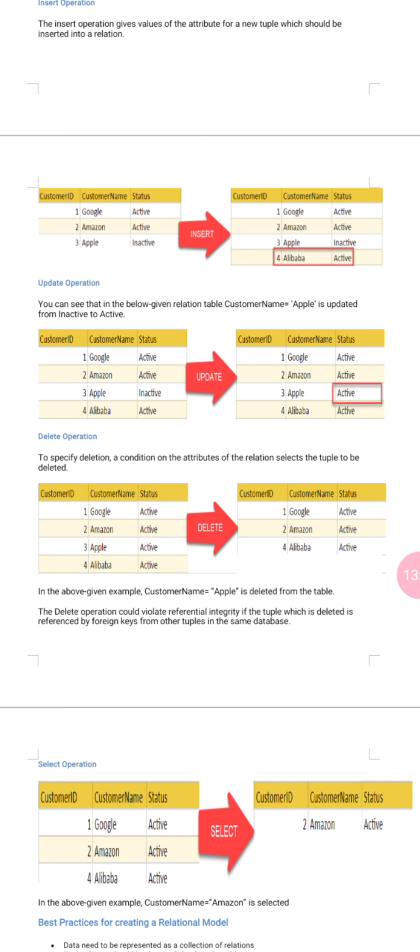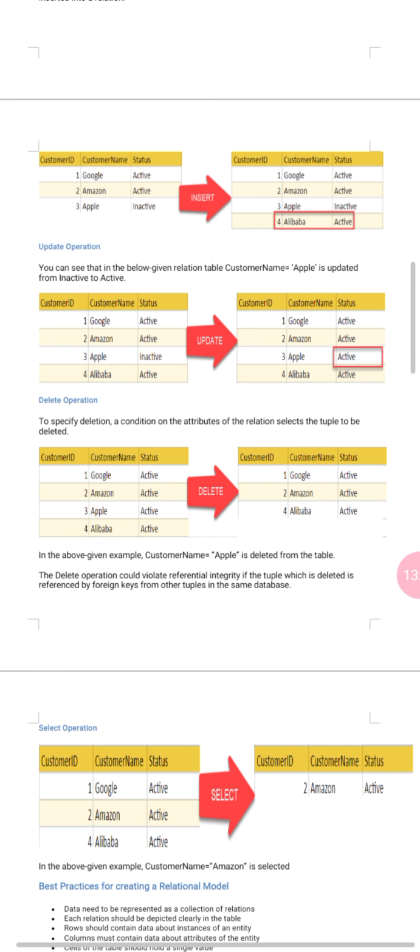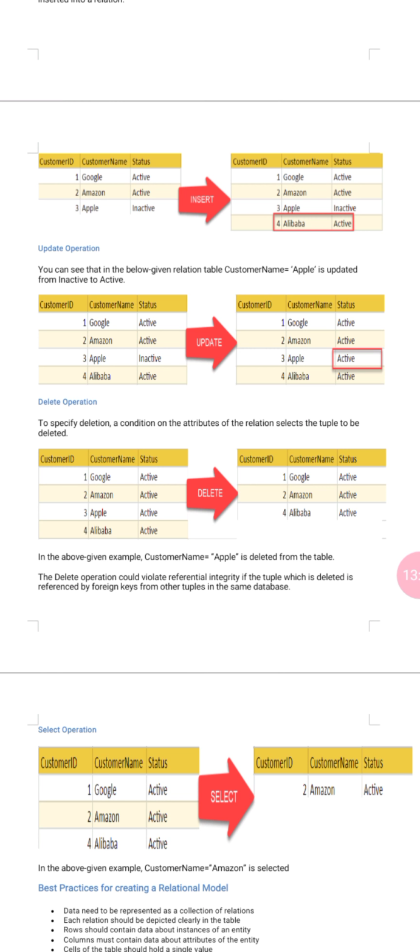Google and Amazon are active and Apple is inactive. If I want to insert a fourth customer ID, then I can use the insert operation, right? After the insertion operation, the fourth ID gets added to the table, Alibaba, and their status is also there.